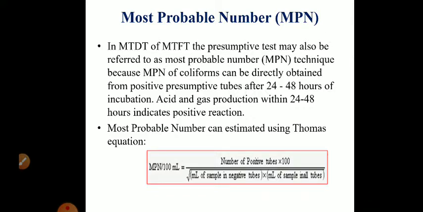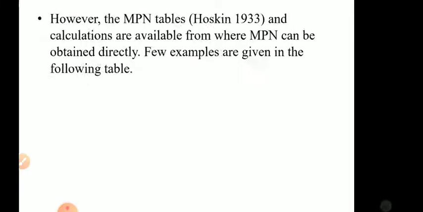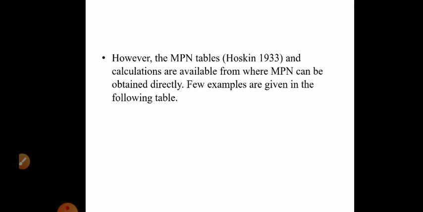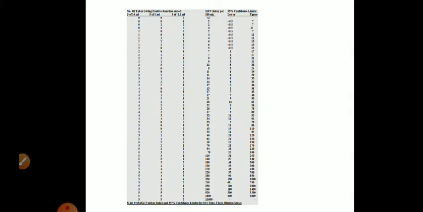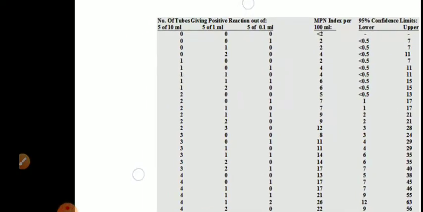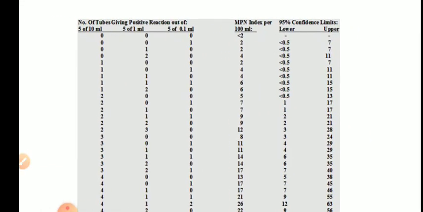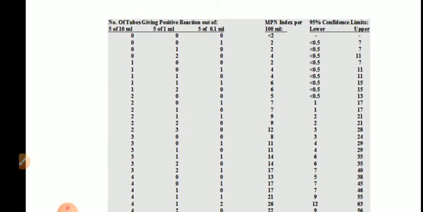Now see, the most probable number of coliforms can also be estimated by directly referring to a chart which is called the MPN chart or McCrady's table. If you do not want to estimate it by using the Thomas formula, you can directly refer to a chart which is called McCrady's chart or MPN chart. Here you can see that in this MPN chart all possibilities are given, like if the count is 0, 0, 0, none of the tubes show